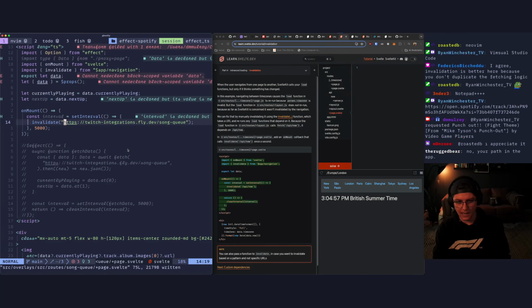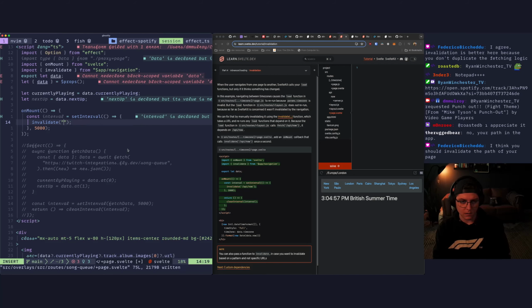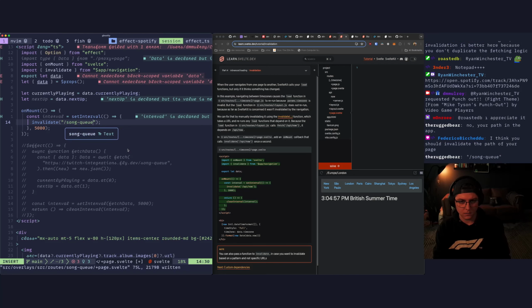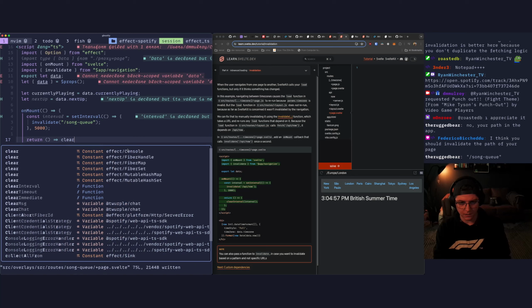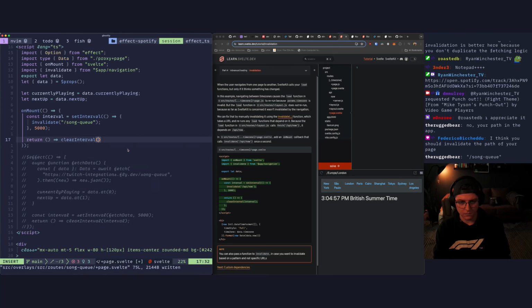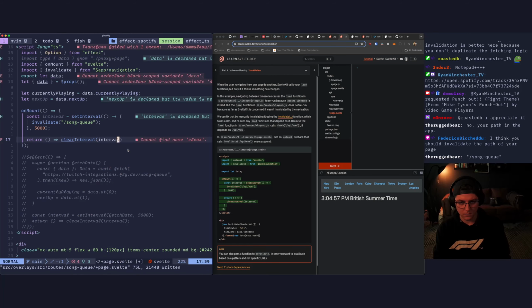Know your path in the app? Oh. Okay. And then we just return our cleanup function. Just clearInterval. So we're saying this should work.